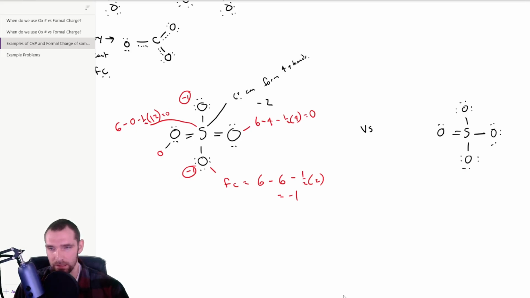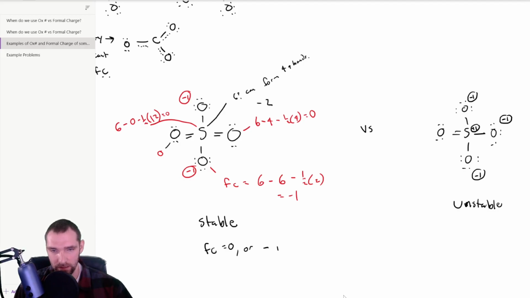And something like this. And in this case, now we've got a -1 charge here, a -1 charge there, -1 charge here, but you also have a +1 charge on the sulfur. So if you were to look at this, we have one less electron that we're seeing here, so this becomes positive, and we've got one more electron over here, so this becomes negative. And so this is unstable when compared to this, which is much more stable due to the FCs equaling 0,